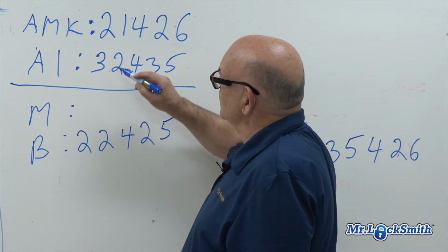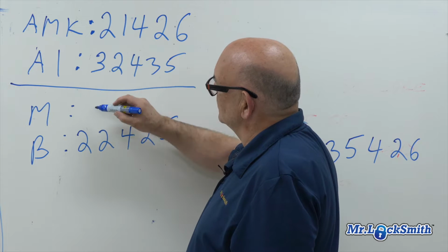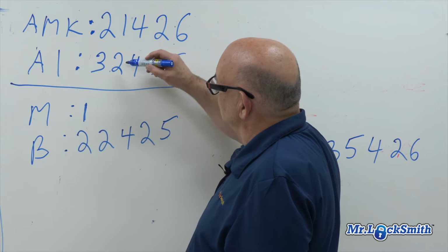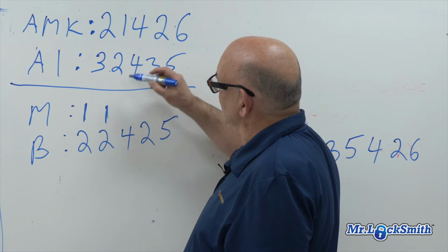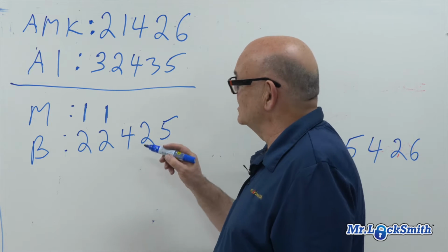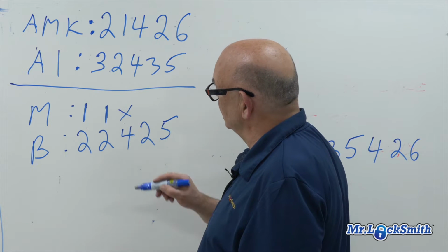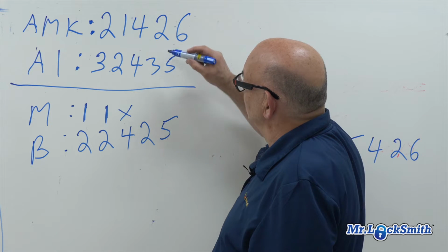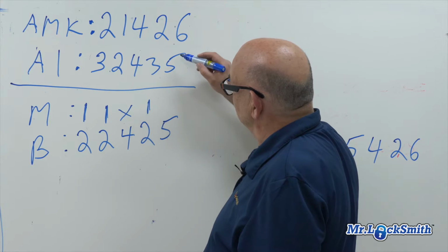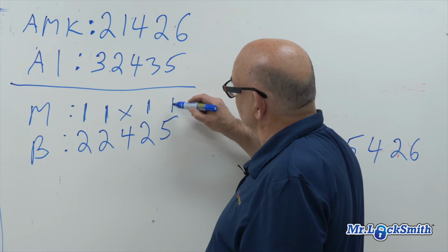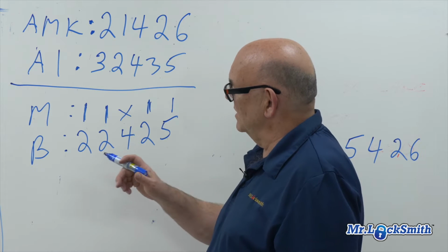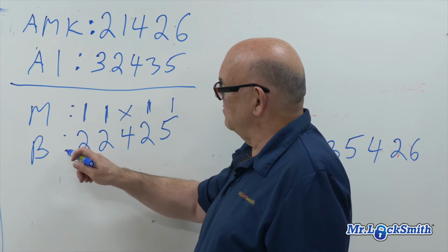Now to figure out the master pins, 3 minus 2 is 1. 2 minus 1 is 1. 4 minus 4 is 0, but we don't write a 0, we write an X. It means we put nothing there on top. 3 minus 2 is 1. 6 minus 5 is 1. So basically, we're going to key this up. The bottom pins are going to be,